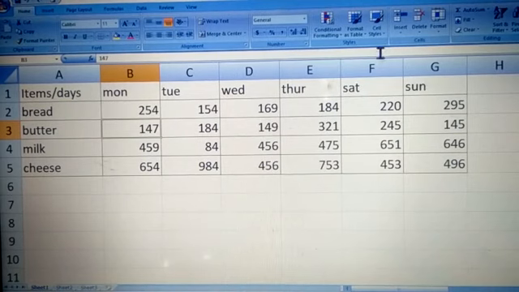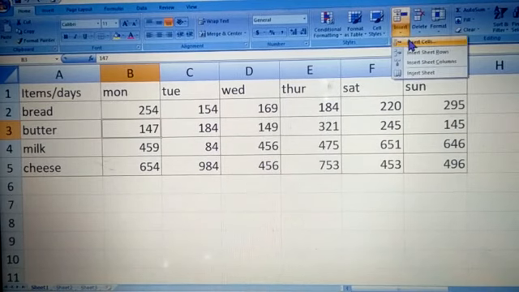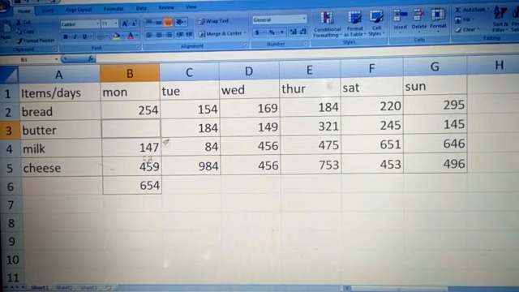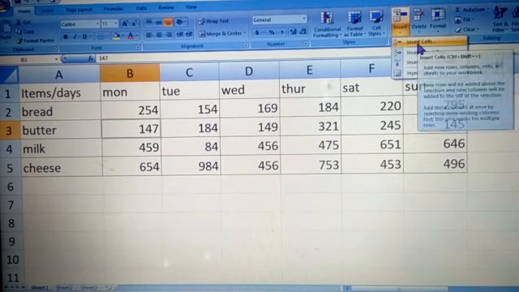If I select a different option, the next one which says shift cells down, then including 147, the entire cells will shift down, and one more cell will be created. See here, right? Then if you want to insert an entire row, you can select this option.